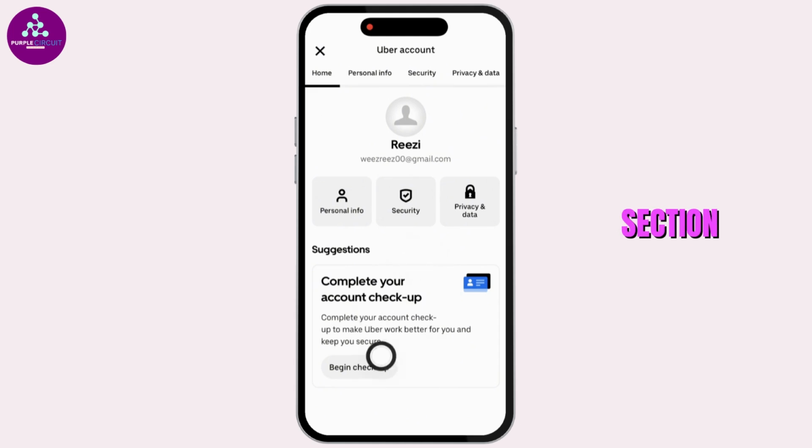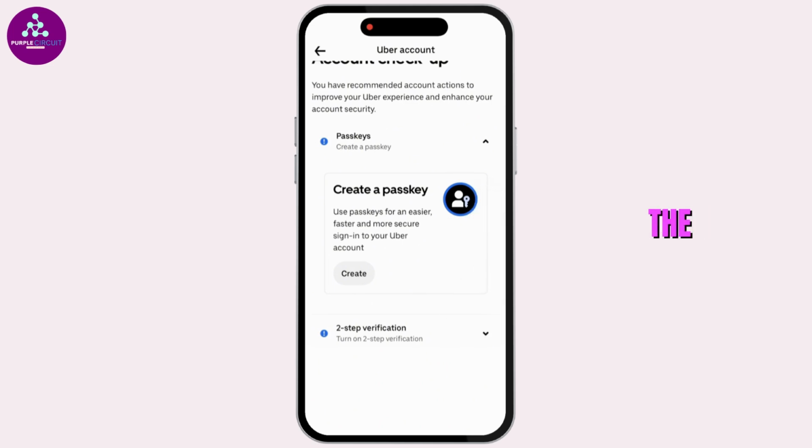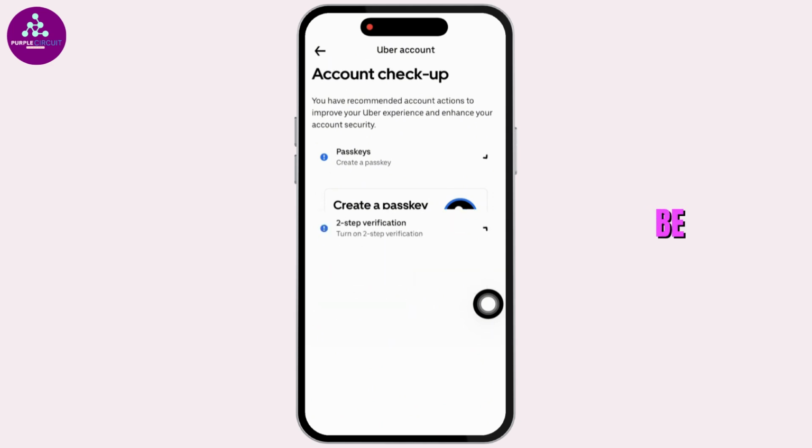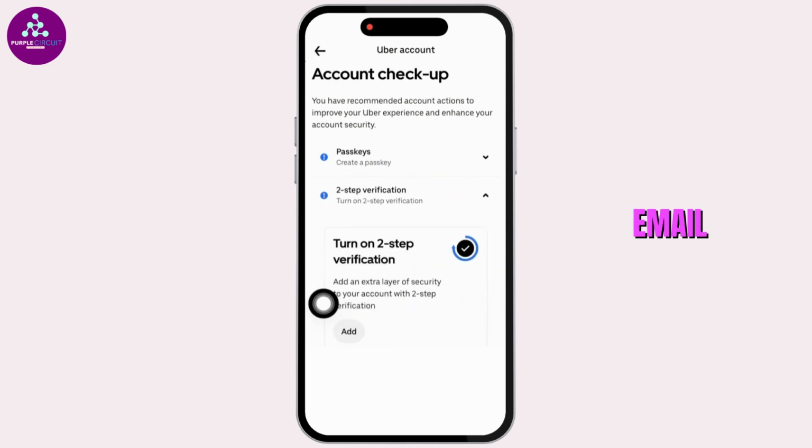Here you're going to find this section, Complete Your Account Checkup. Click on Begin Checkup. Uber will guide you through the verification steps required for your account. Depending on your account and location, you may be asked to verify your phone number, confirm your email address, or